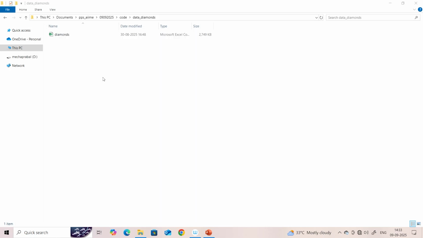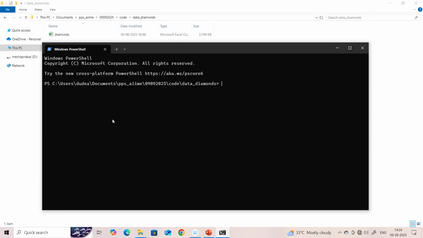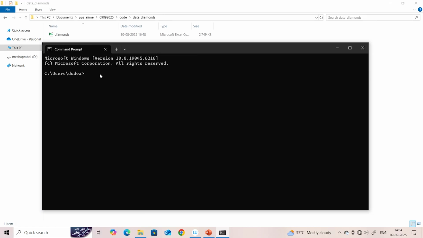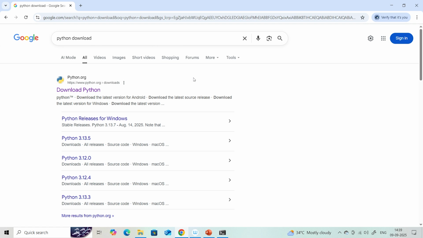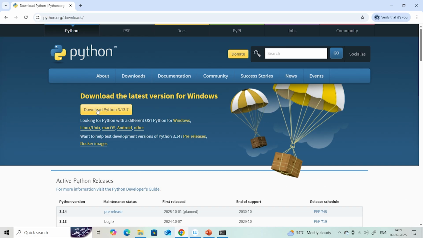you need to open a terminal in this directory. Just right click in the empty space and click on open in terminal, and by default it will open in PowerShell. You can click on this drop down and choose command prompt. And if you have successfully installed Python from the internet, then if you write this command python --version, it will show you the actual version that is installed on this machine. So you can open your browser and search for Python download, and from the official sources you can install